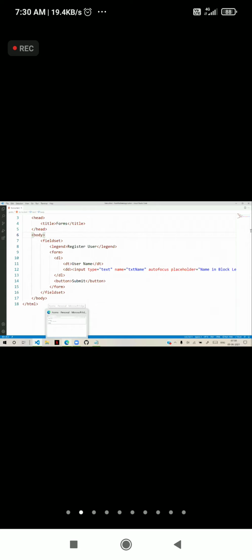Next, these are all text box related attributes. Another important group is the validation attributes, like minlength, maxlength, required, and pattern.